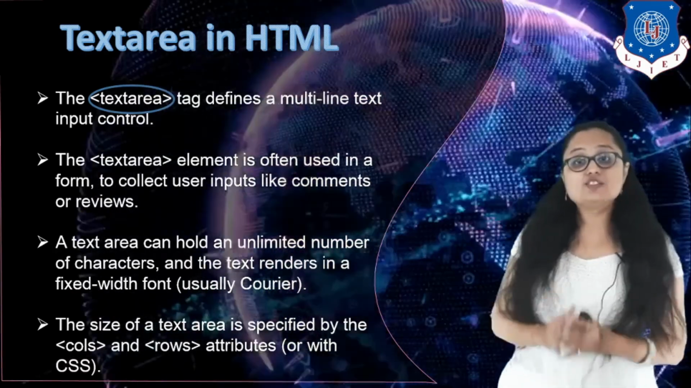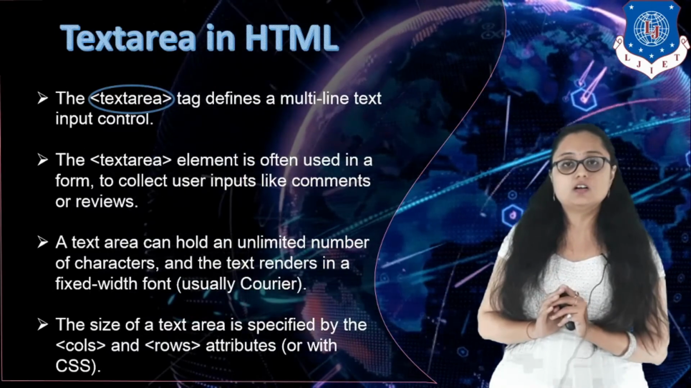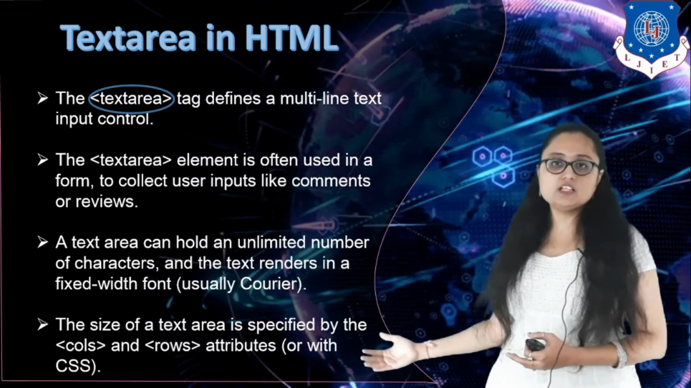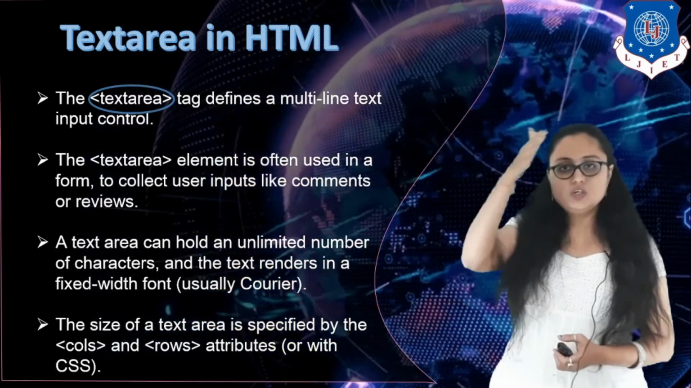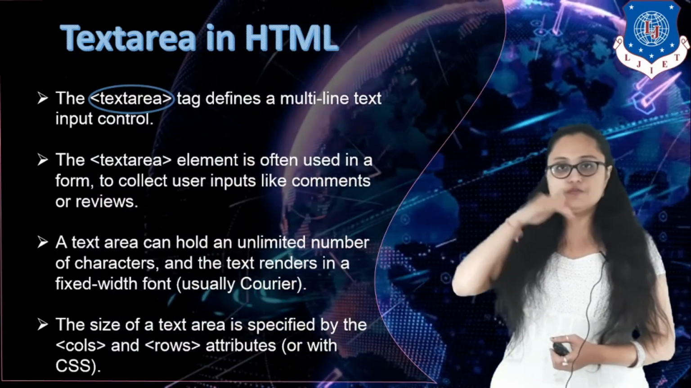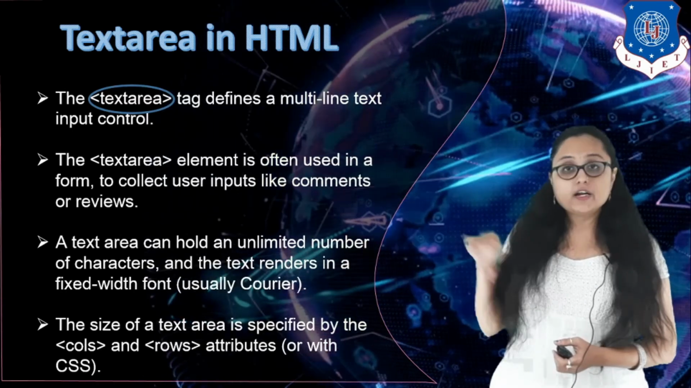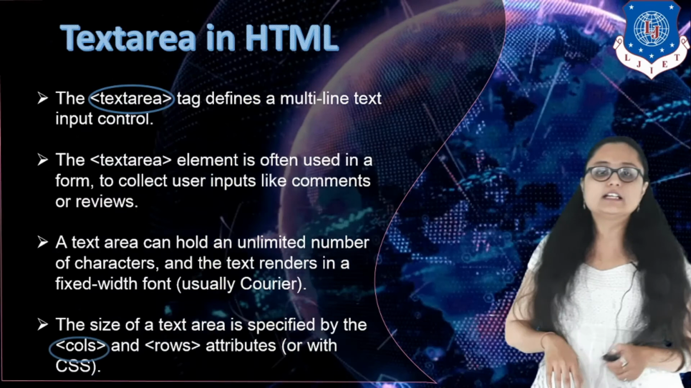Now the size of the text area is specified in the code itself. It means you are specifying the number of rows and number of columns for your particular text area. Whatever number of rows and columns you are specifying, according to that your text area text box will get displayed. Okay,